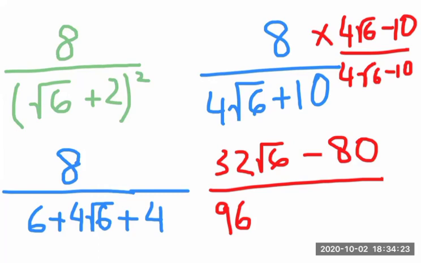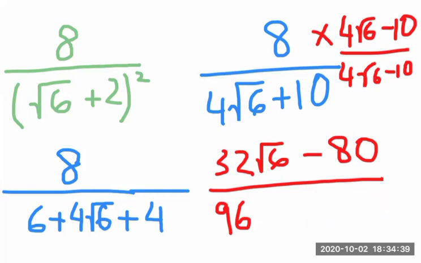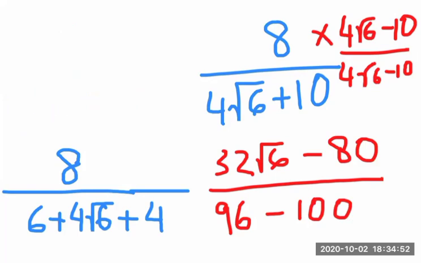And then we will do 40 multiplied, minus 40 under root 6. Then we will do plus 40 under root 6. That will cancel both of them. And then we will do minus 100, 10 times 10, minus 100. And then we will get upon minus 4 at the denominator. Then we can easily divide both of them. We may get